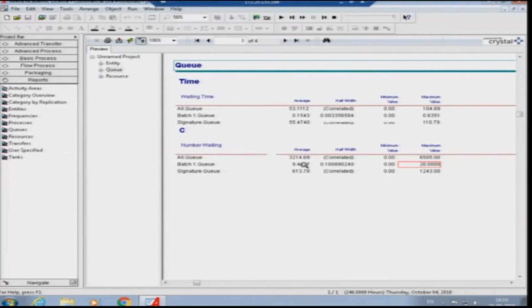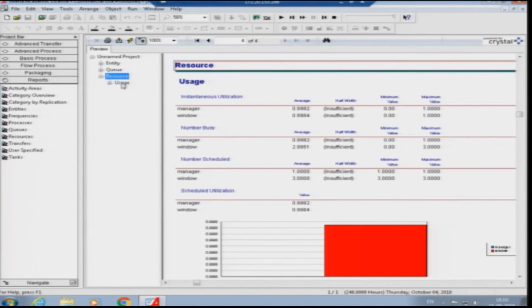We have to analyze this part also to identify whether the batch size is optimal or not, because in some cases what happens is that you increase the batch size insignificantly, and that causes a problem in the system. Say, for example, instead of making the batch size 20, if we end up with a batch size of 100, then more people are waiting to get batched, and ultimately the process is affected. So this also has to be taken care of. First of all we need to take care of these two particular processes, then we will discuss how a change of batch size can impact the process.